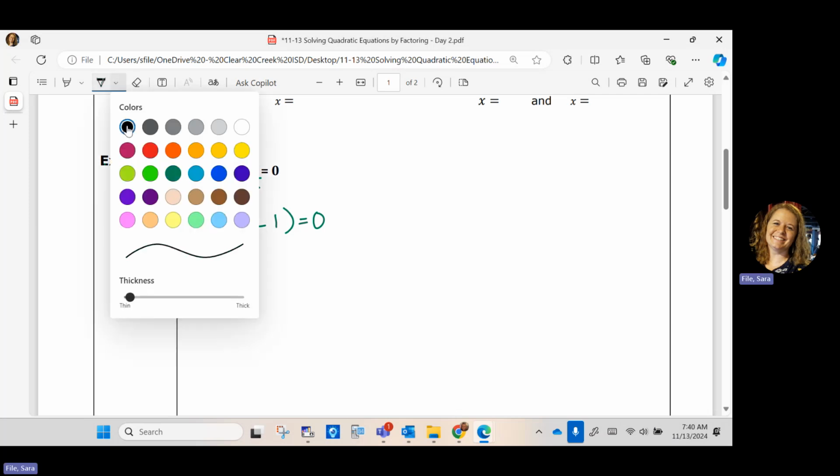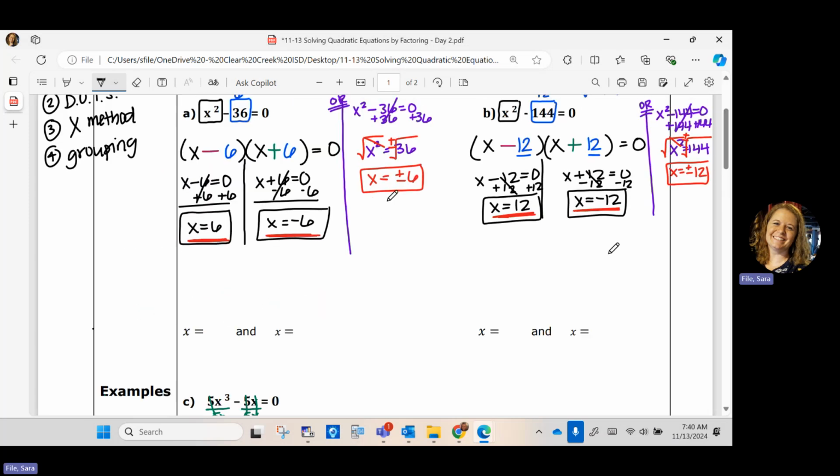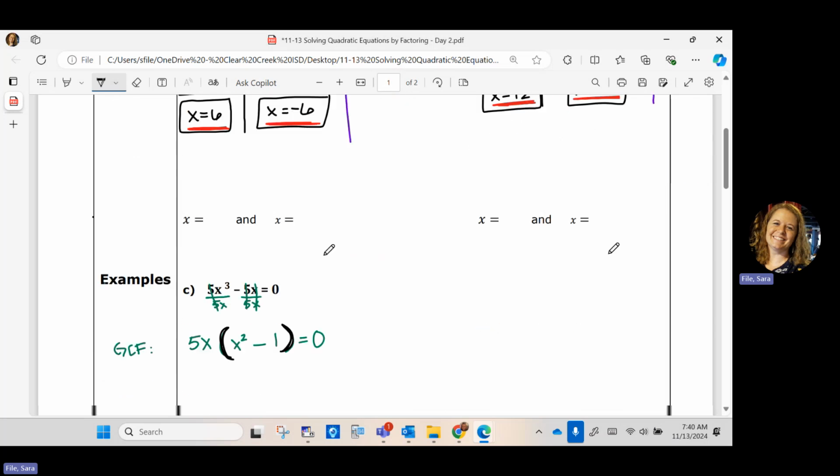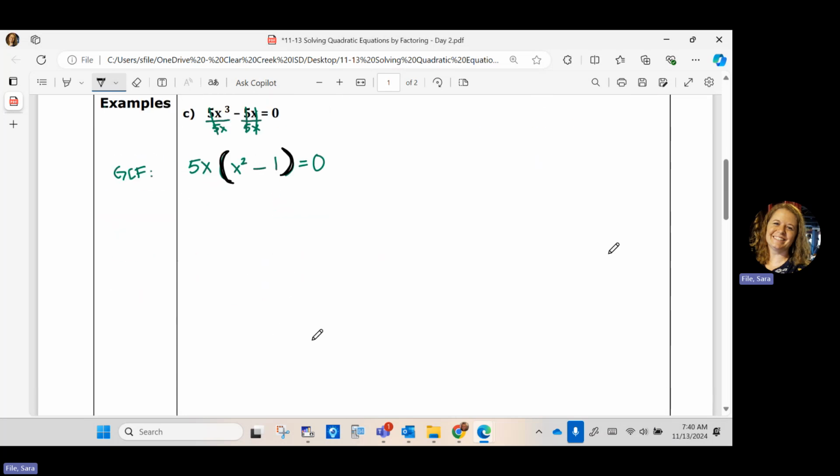I can split and solve. Now here's where you've got an option. This factor that I'm left with is a difference of squares. So that can be factored further, or you can do this method here with it. Since there's only one x term in the factor, I could just solve for x. So I could go ahead and split and solve this